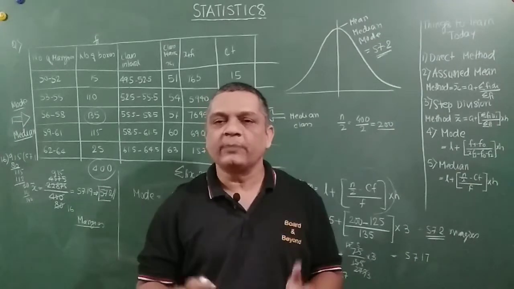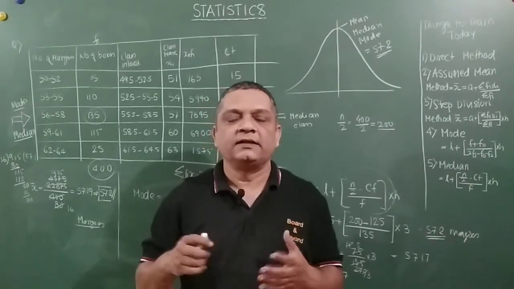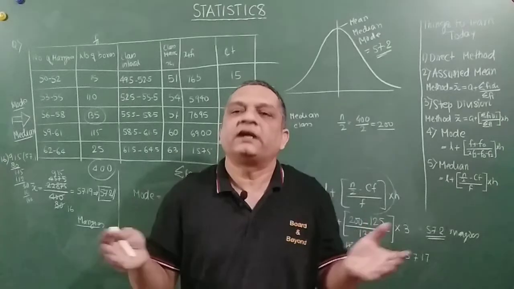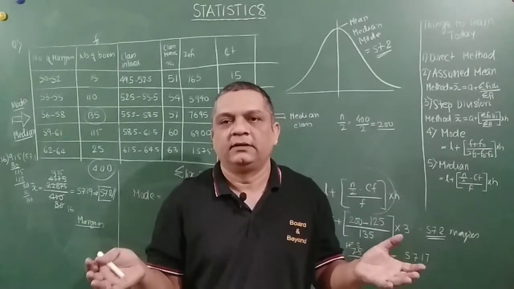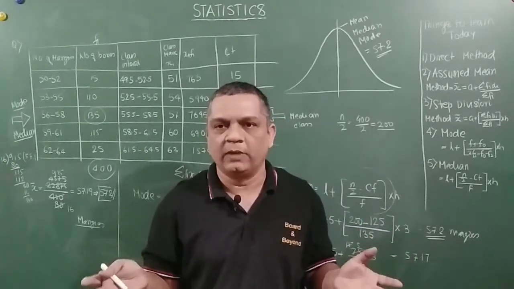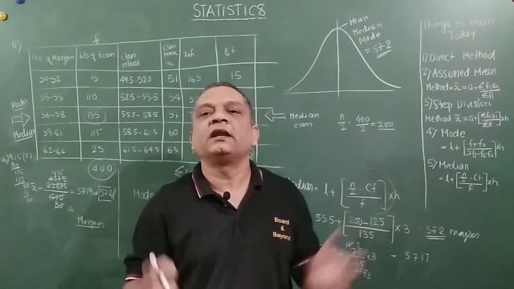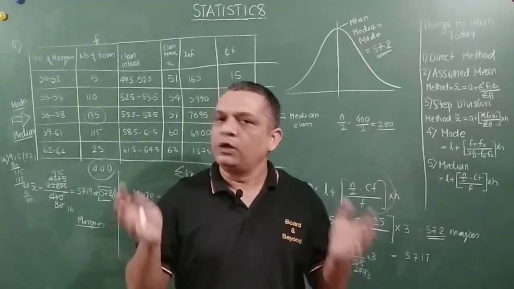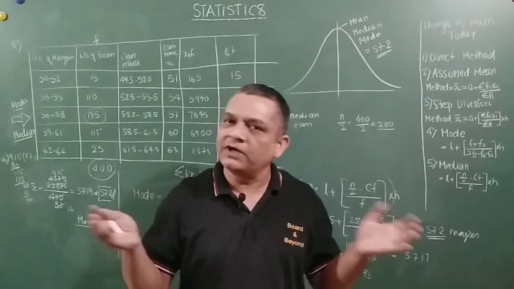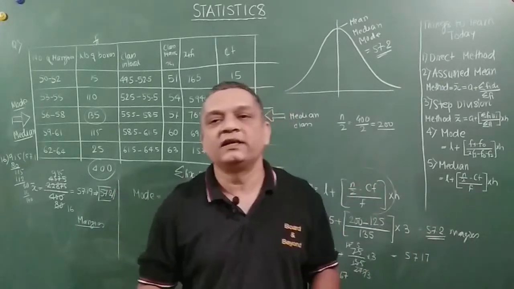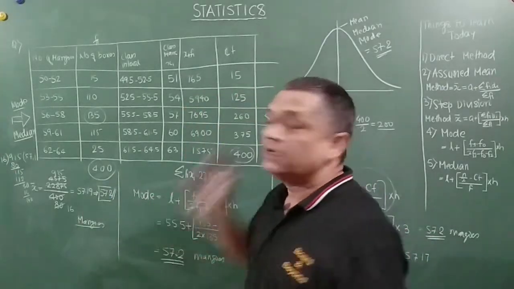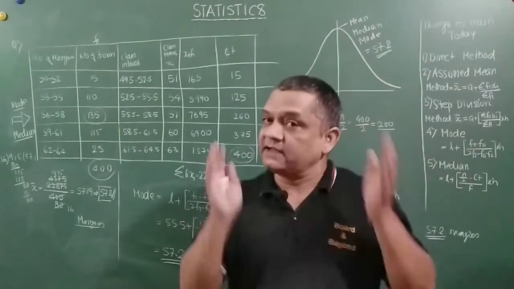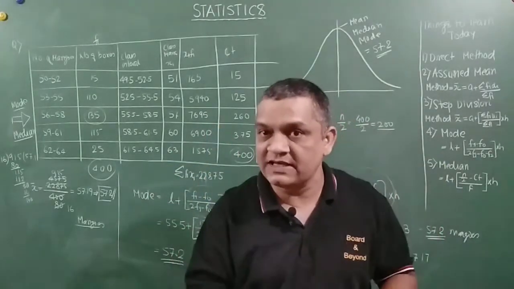Because in this chapter, what I understand is that there is nothing much creative that you can do about it, right? It's all basically on formulas. You know the formulas, you substitute the values, you get the answer. That's it. The only thing I wanted to tell you is a certain concept: the mean which you take out here is an arithmetic mean. Please don't get confused in the exams.